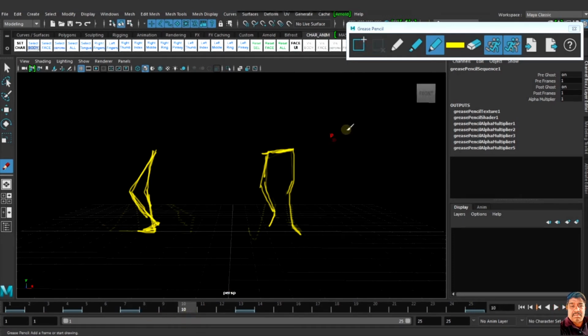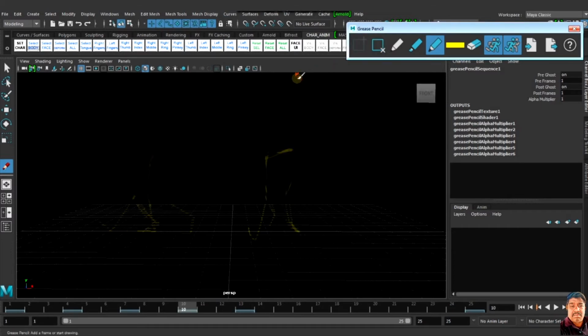In 10, it is the up pose. So the up pose is like this.